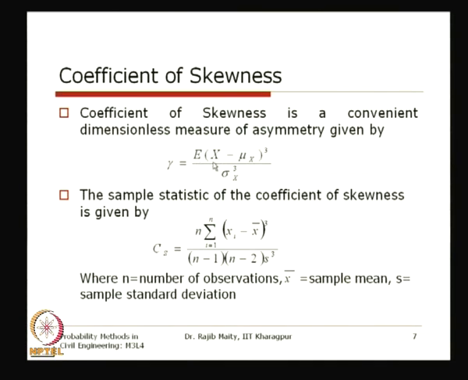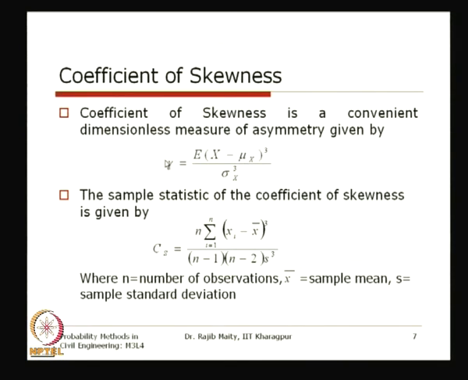this expectation of this function, which is the third order moment. Obviously this quantity has a unit of the cube of the unit of the random variable. So for the standard deviation we also take the same power to get the coefficient of skewness. As we divide by this power 3,